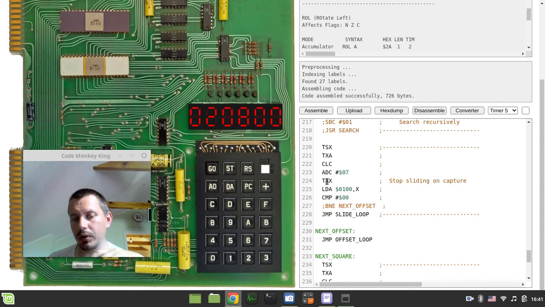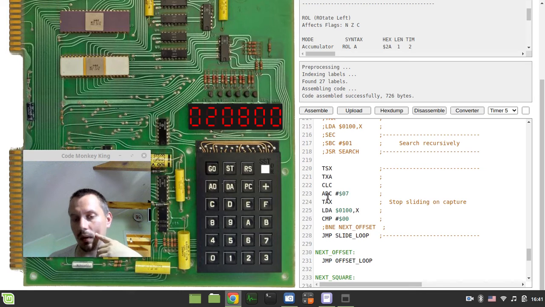So again, here we're just loading our capture piece variable and comparing it with 0. In case the piece is not 0, then we want to drop and go for the next offset. So if I just assemble this again and upload and run in hex dump,